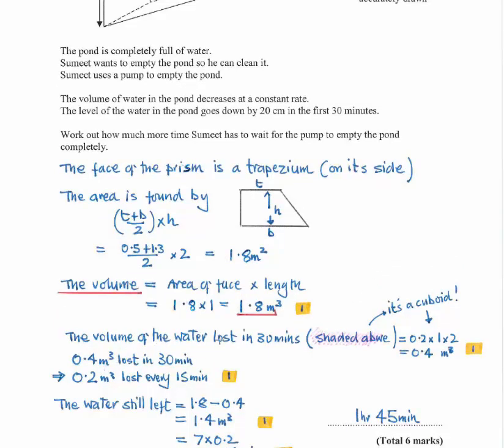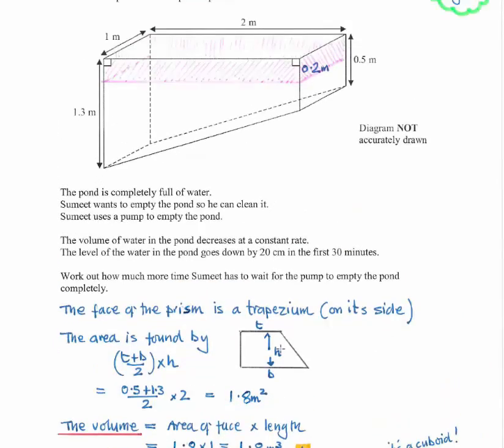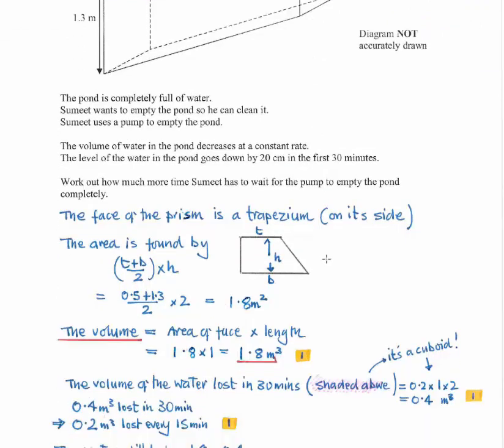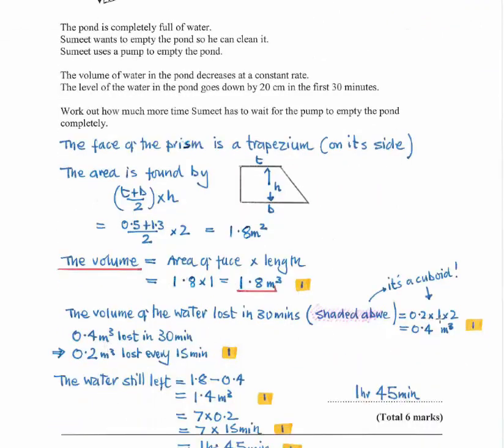Now we need to work out the volume of the water lost in 30 minutes. Well, up here I've shaded it. Now, the depth of the water is 20 centimeters, but all the other measurements are in meters, so I changed that to 0.2 meters. So the volume of the water that I've shaded here is in the shape of a cuboid, and the cuboid is 2 meters long, 1 meter wide, and 0.2 meters high. Multiplying those together gives me 0.2 times 1 times 2, 0.4 cubic meters. Have a mark for that. So 0.4 cubic meters has left in